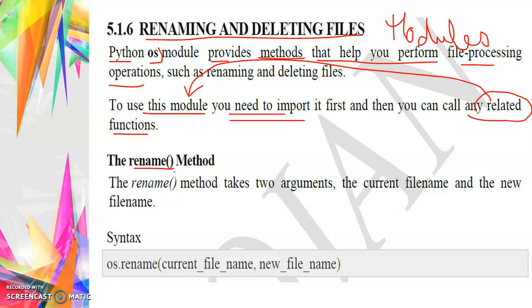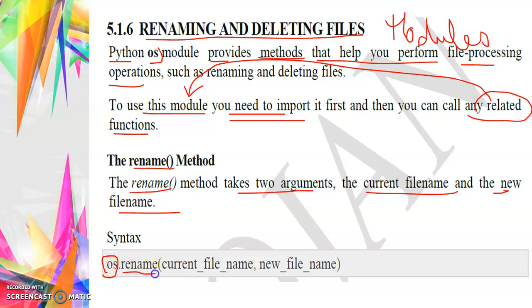There is one existing file, foo.txt. That file I am going to rename as the foo1.txt file, right? So that time we have to use the rename method. The rename method takes two arguments: one is the current file name and another one is the new file name, right? Followed by the OS module, os.rename.